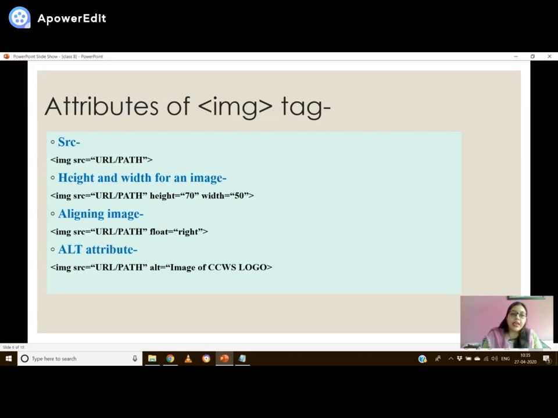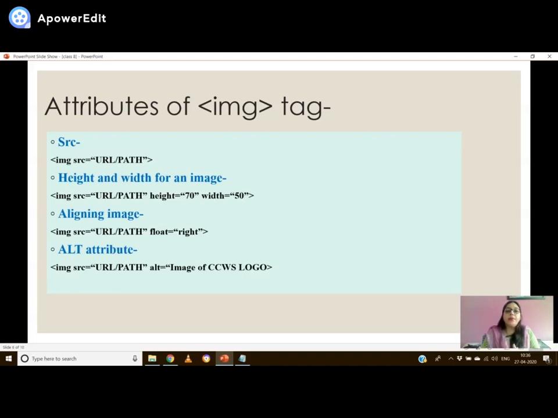And the last attribute of the image tag is alignment. Sometimes you might have seen on Wikipedia or any other website that a text is there and some images either on the left hand side or on the right hand side, right? So that is the float property. Float means you want to adjust your image either on the right hand side or on the left hand side of the text.